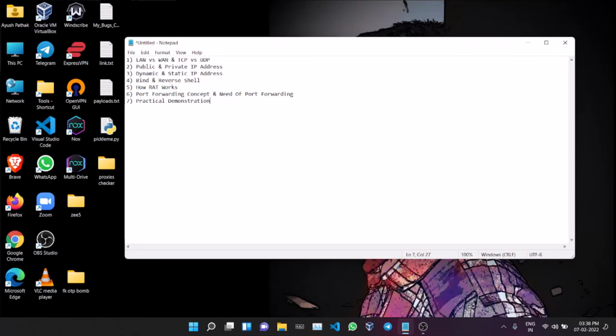Now talking about port forwarding, let us assume a scenario where you don't want to access anything on the internet, but something on the internet wants to access you. Let us assume that you have an HTTP server running on your device B, and all the 4 other devices connected to your network can access it without going to the internet, because they are inside the same network. They can access you offline, because they are connected to the same network. So what if anyone outside that network wants to access your HTTP server?